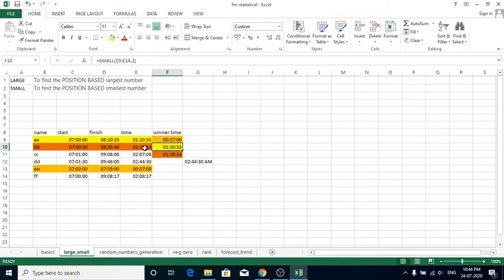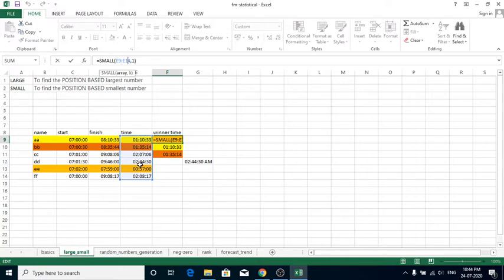So how can we find this position based? The lesser time is the first winner, right? So we have to perform the function SMALL here, since we have to find the participant with the lesser time. Here I applied equals SMALL, where the first argument is the array, that is, this time interval.